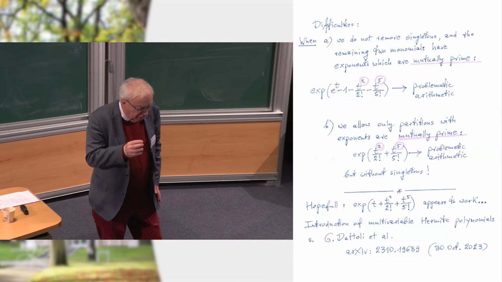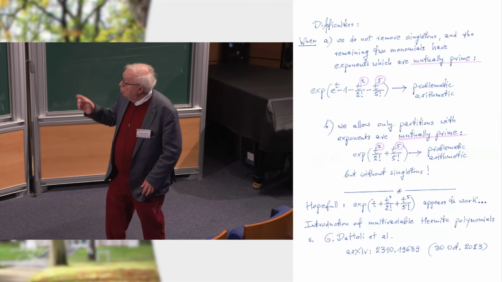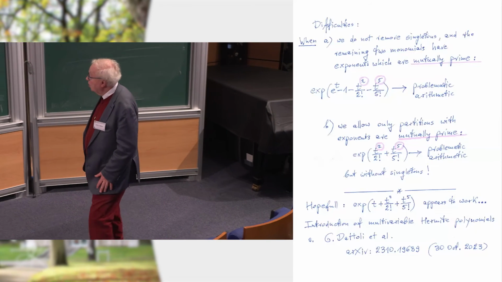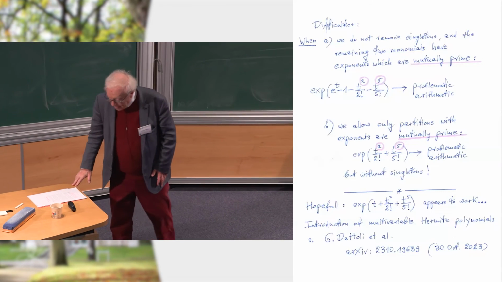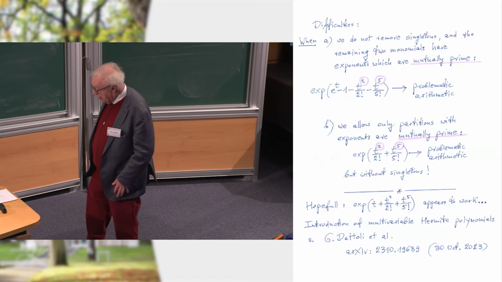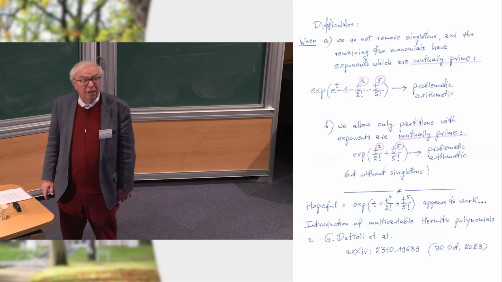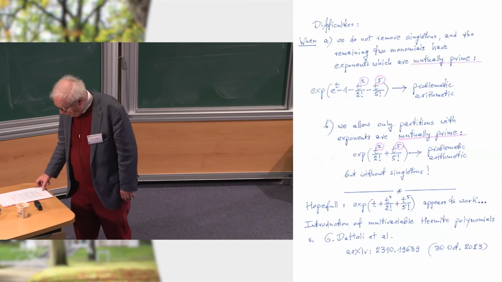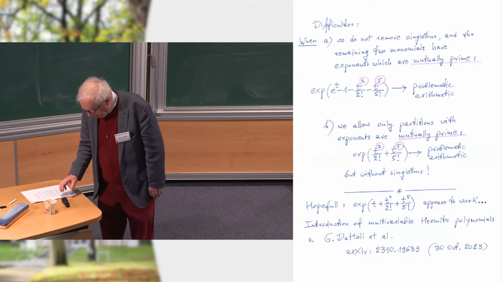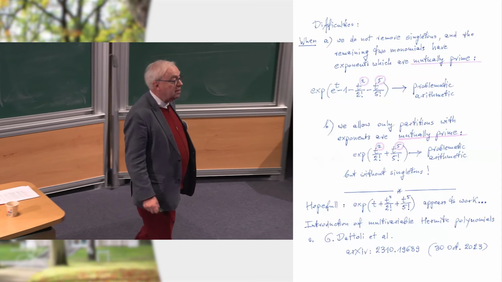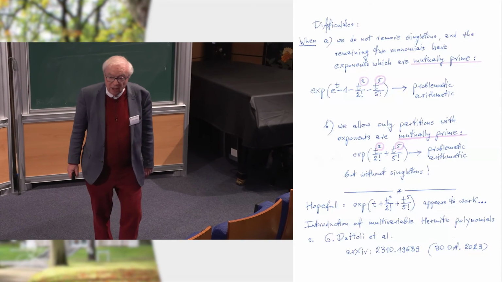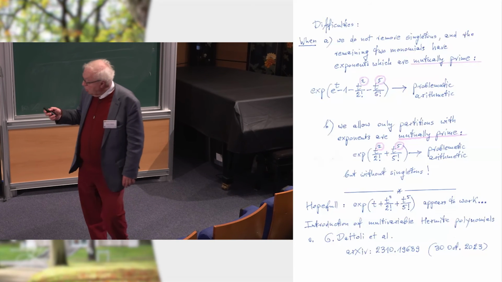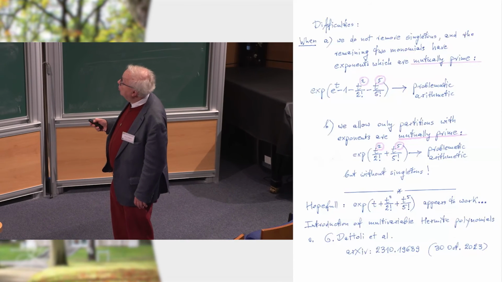I had only very little time to try to see whether it works, but it does. So now the only thing I want to add is the following thing. That these generalized Hermite polynomials, which I was talking about before, which